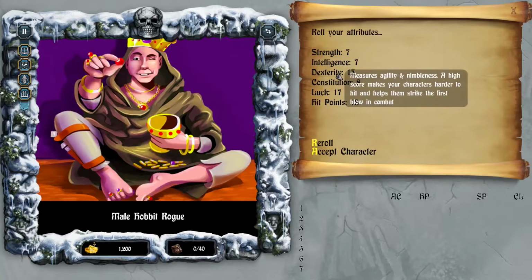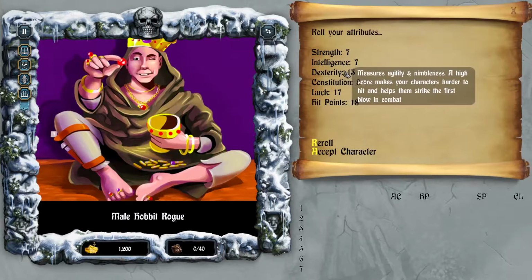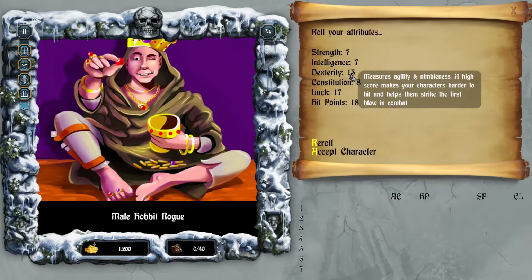Dexterity measures agility and nimbleness. A high score makes your characters hard to hit and helps them strike the first blow in combat. So again, if you're going to make rogue type characters, you really want to make sure that dexterity is high, even if their strength or anything else is hampered. Because if they can't be hit, then it doesn't make a difference, right? If someone has 1 HP, but you can't touch them, then it makes no difference whether they have 1000 HP or 1 HP, you still have to be able to touch them. So we'll make the difference by having a nice high